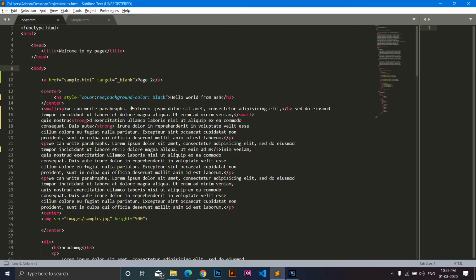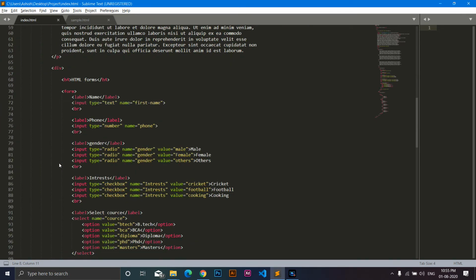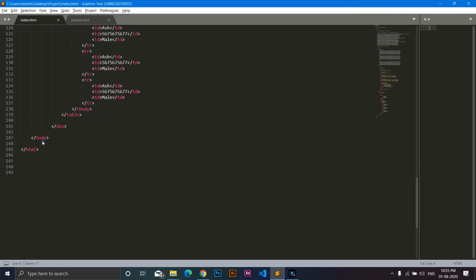So this is how CSS works. We define some set of properties which gets applied to the content inside it. We have applied the color and background color to this h1 tag, and the text inside this h1 tag is getting these properties. So now if I add some properties to our body tag, it is going to be applied to our whole thing which is inside our body tag.